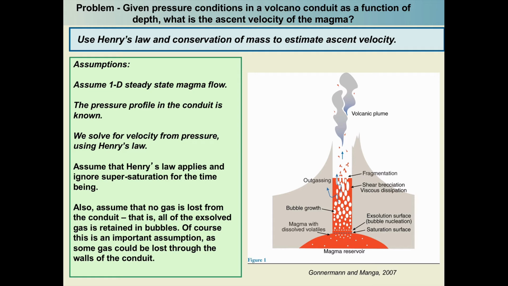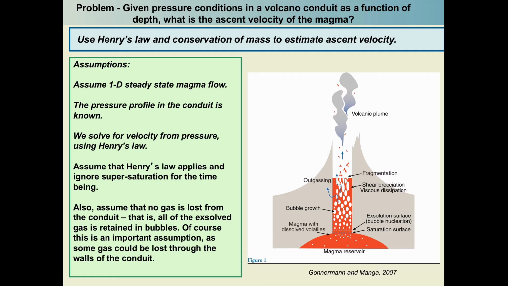We're going to solve for velocity from pressure using Henry's law. You're going to assume that Henry's law applies, and ignore any funny things like supersaturation for the time being. If you don't know what that means, just disregard. You're going to assume that Henry's law is the gold standard for what's happening in this conduit during your model